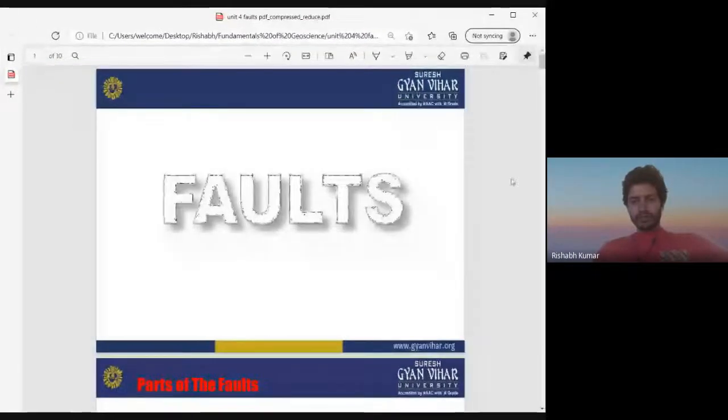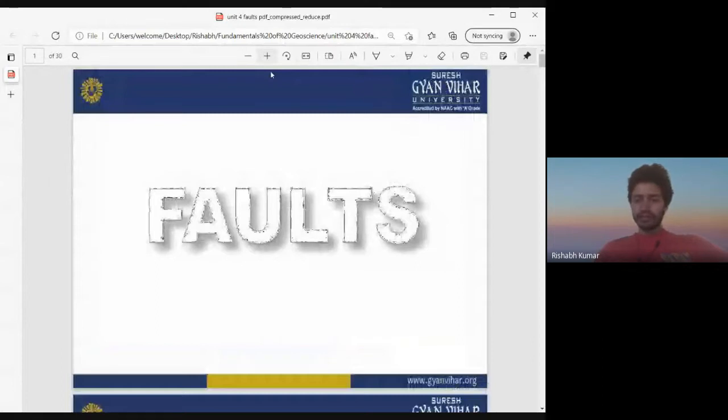Okay, so today we are going to start our new topic, that is faults, right? In the previous session, we discussed folds, how they are formed, and what the different factors are which determine that the deformation results in faults or folds, right? So we learned in our previous session that when your rock is